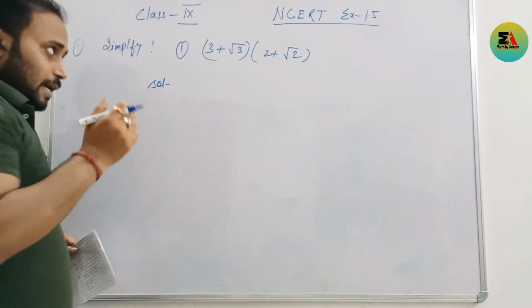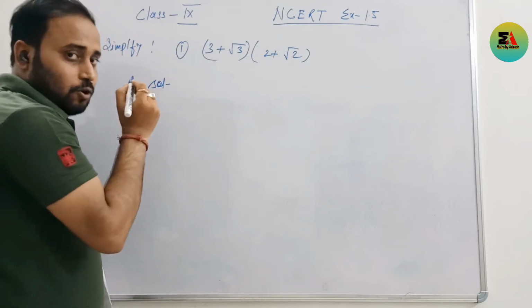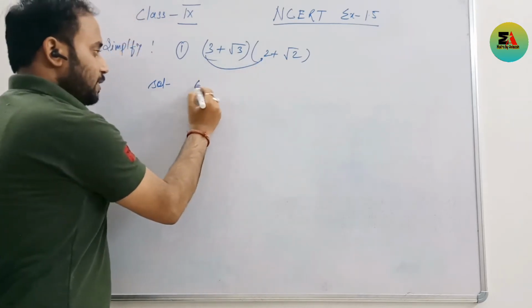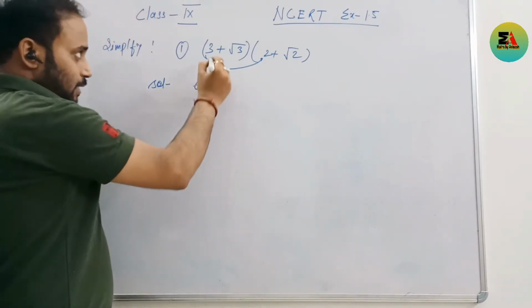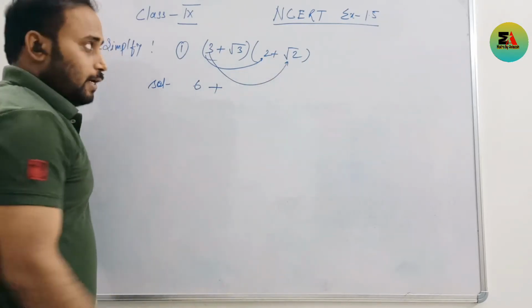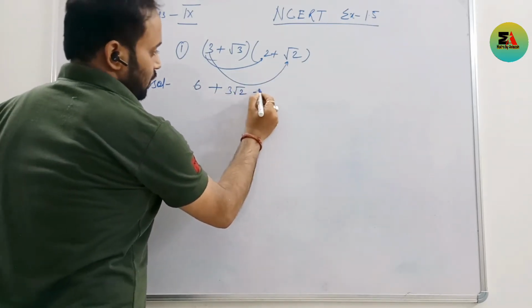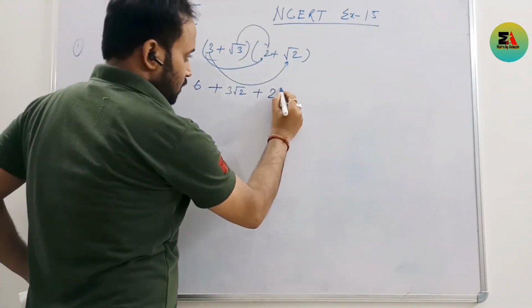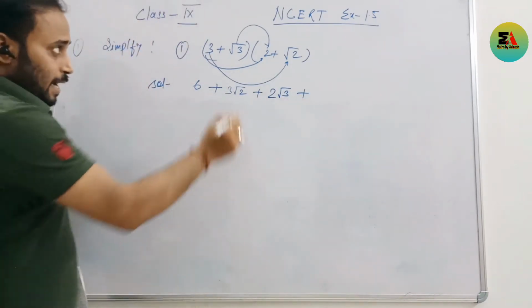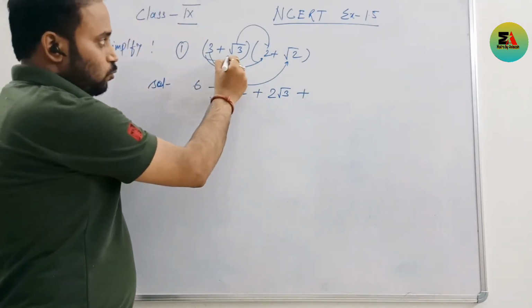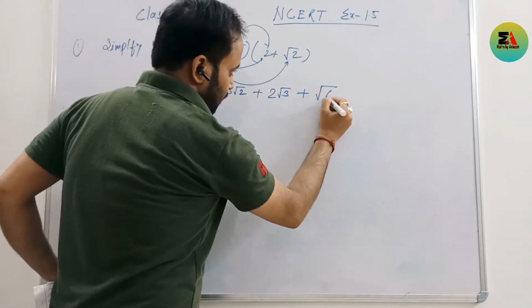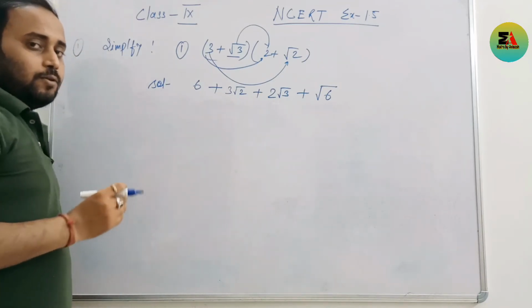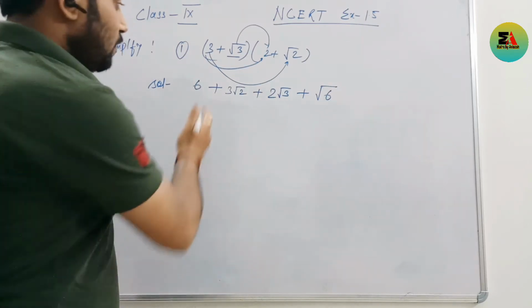You have to solve as usual. We have to break the factors or multiply the algebraic terms. First, 3 multiplied by 2 becomes 6, plus sign. Next, 3 multiplied by root 2 becomes 3 root 2. Again give the plus sign. Next, root 3 multiplied by 2 becomes 2 root 3, plus. And see, now the rule from first: this is root 3 and root 2. It becomes what? Root 6, as you know that root under AB is equal to root A into root B. Clear? I hope this one is clear to you.